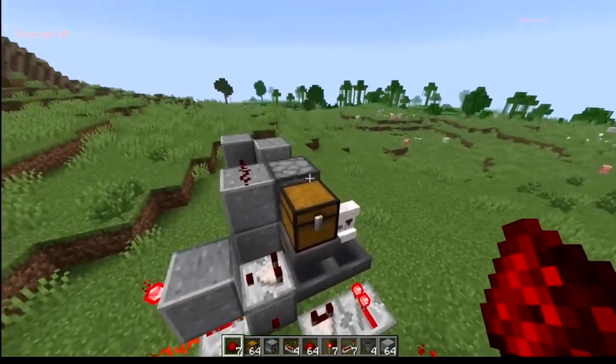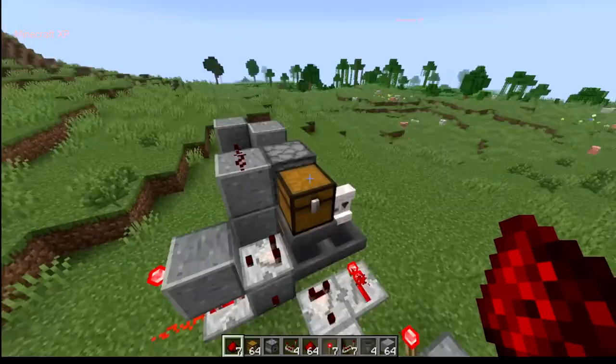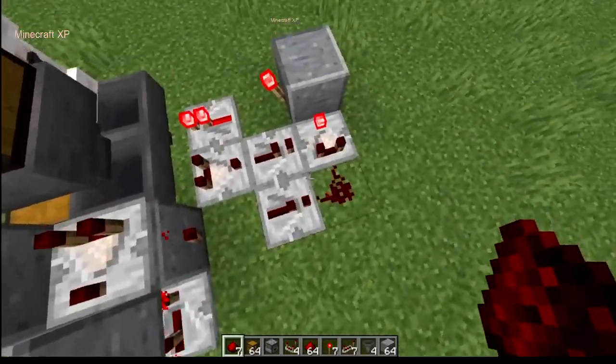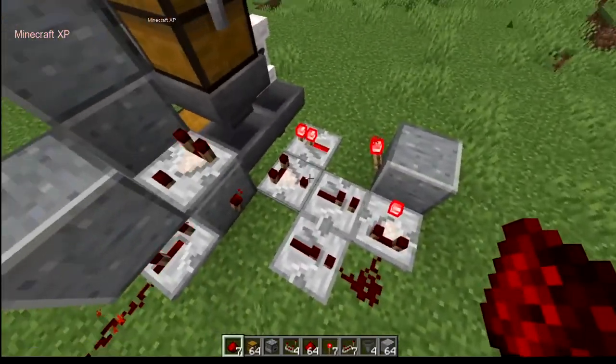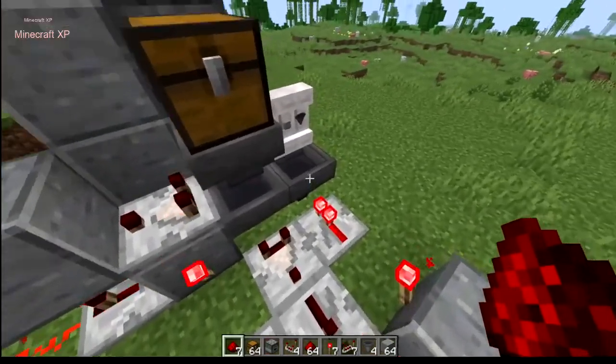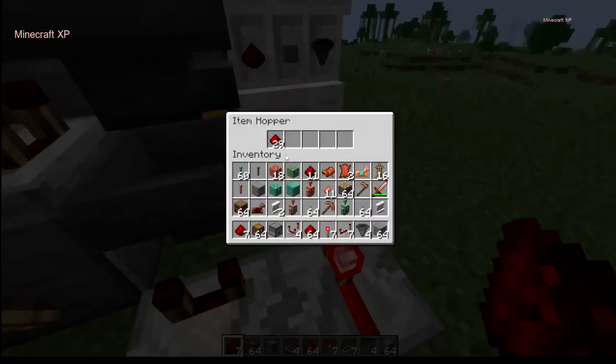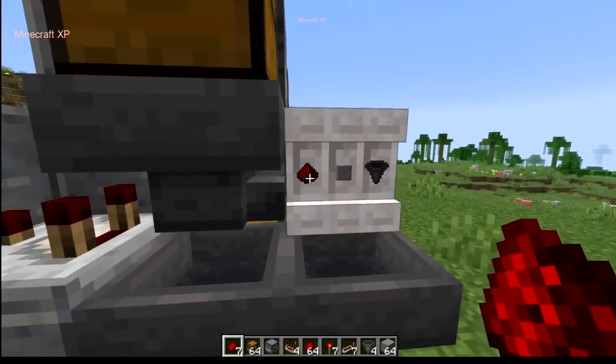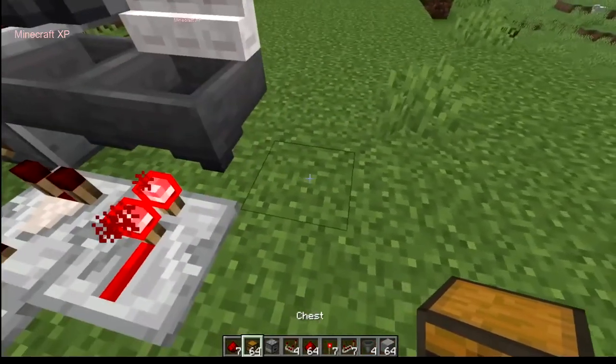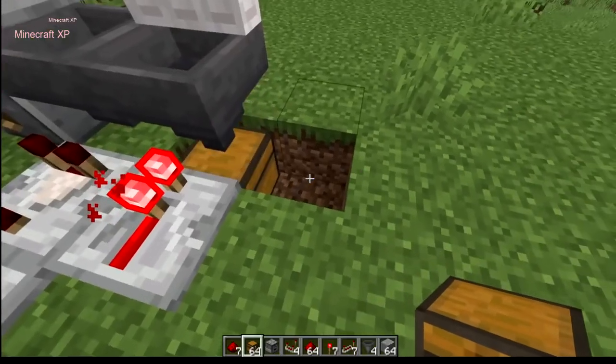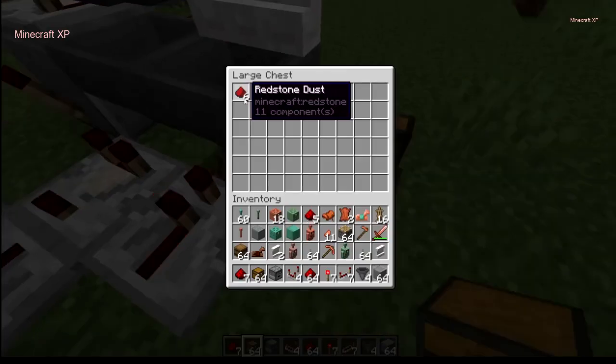But if we compare this to if there is redstone, the redstone signal is going to come around here and there's nothing to stop the signal coming from the side, meaning every time a redstone dust goes into the slot, we're also pulling a redstone dust out of the system. That way we always have enough to pick up new items, and then the items from this hopper we can just have put into another chest down below, and this is where it actually ends up storing the item that